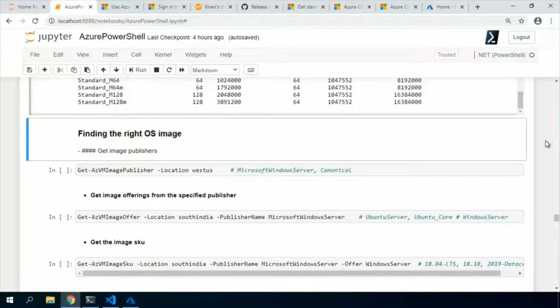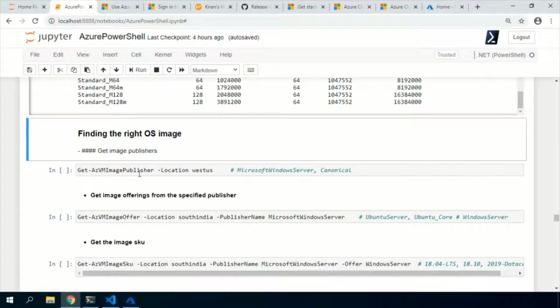So if you want to deploy a Windows VM or a Linux VM, you need to identify the SKU of that image, right? Which image do you want to deploy with your VM? Since it is a cloud hosted environment, there is no traditional way of doing it. You can use pre-installed images to attach to your VM, and you can spin it up in a matter of minutes or seconds.